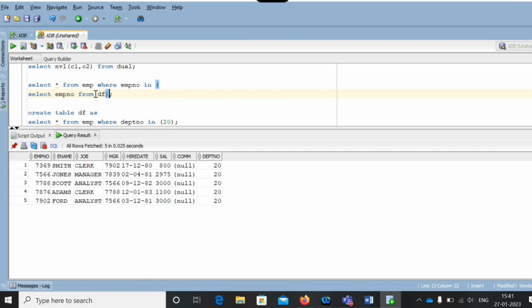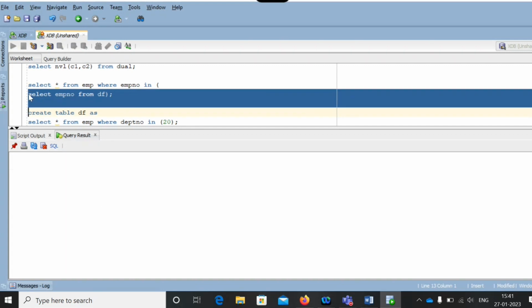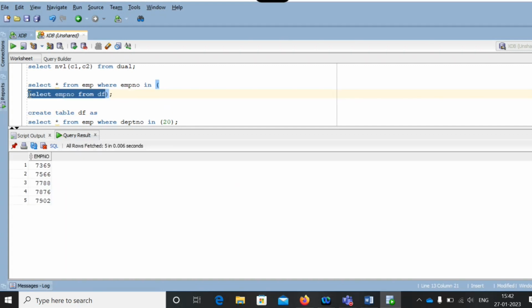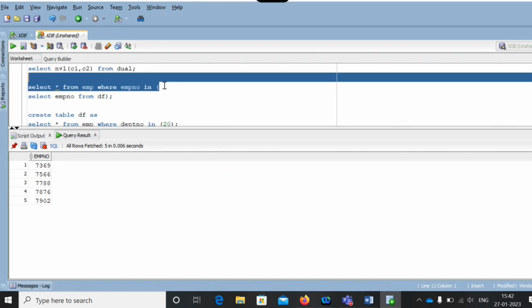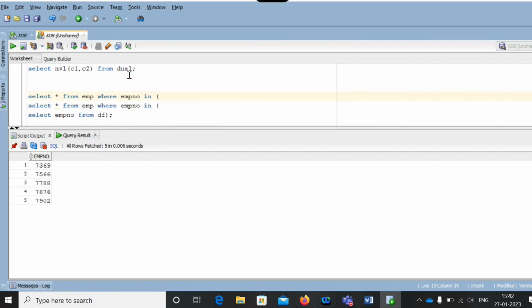Okay, here you are getting what are the employees you have with you. What are the employees I have with me that I am selecting in this? 7369, 756 in this format, right? See, now I don't want to mention all the employee numbers here. Just I mention these values.